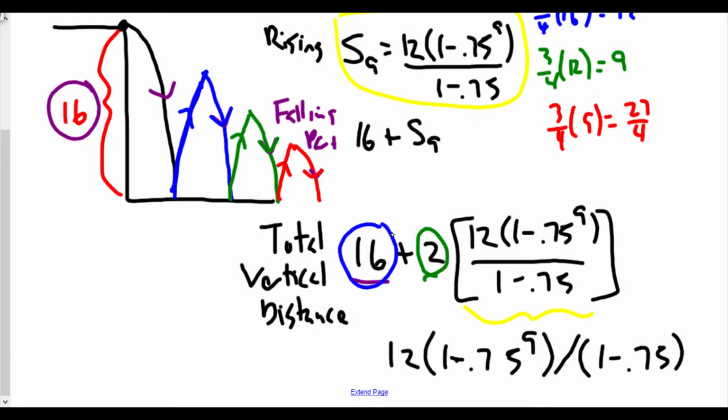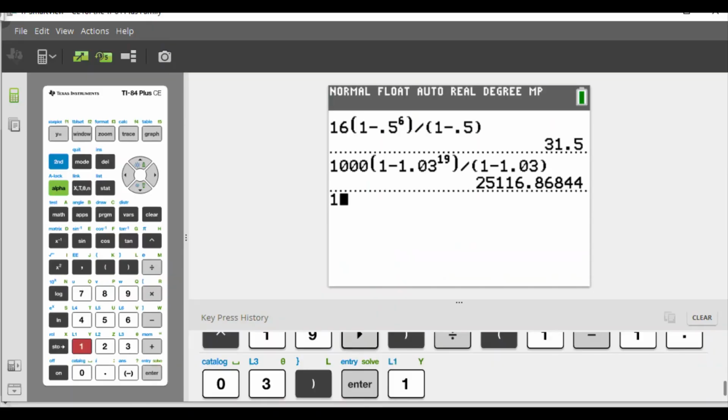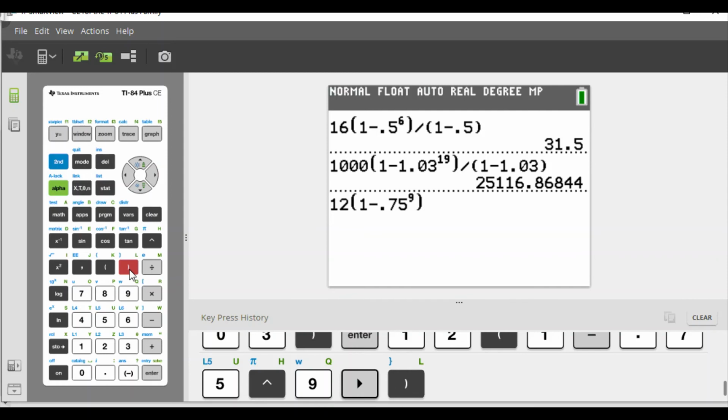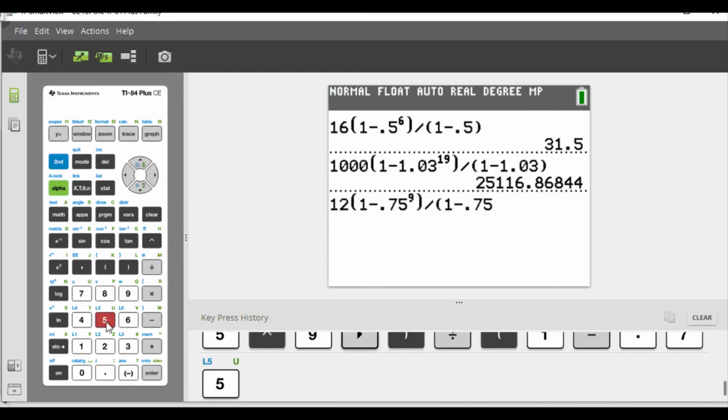All right? So let's take a calculator here. 12 times 1 minus 0.75 raised to the ninth power. Okay? And then we'll divide that by (1 minus 0.75). Because it's 3/4. We're taking 3/4 of our values, multiplied by 3/4 every single time of the original height from before. So we find this numerical value to be